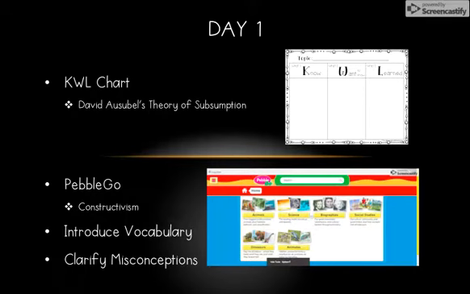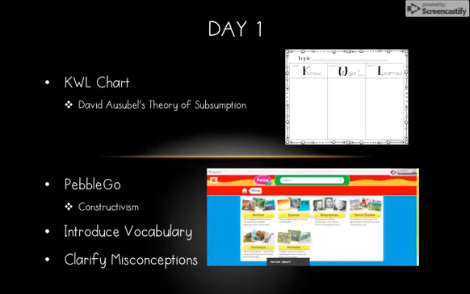On day one, students are going to begin by completing the K, or what I know, and W, or what I want to know, portions of a KWL chart about the moon. This practice is influenced by David Ausubel's theory of subsumption. Ausubel claims that the most important single factor in influencing learning is what the learner already knows. He was influenced by Piaget's work and believes advanced organizers such as this KWL chart help bridge new learning and